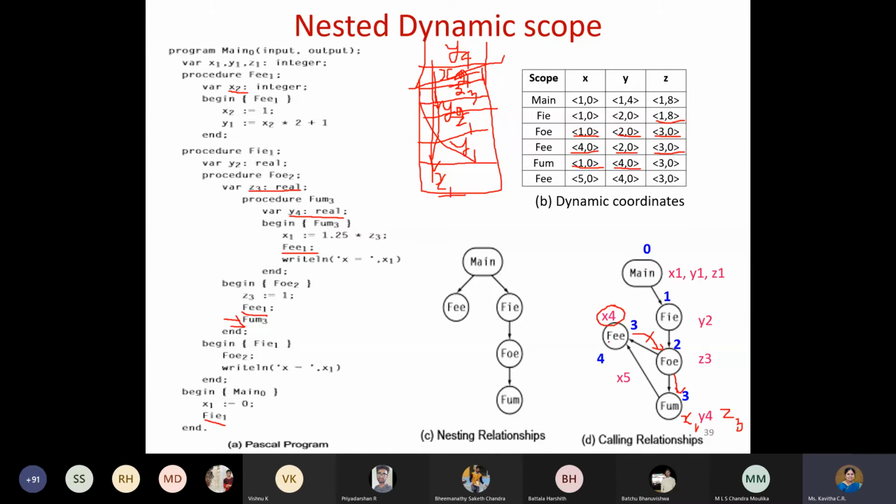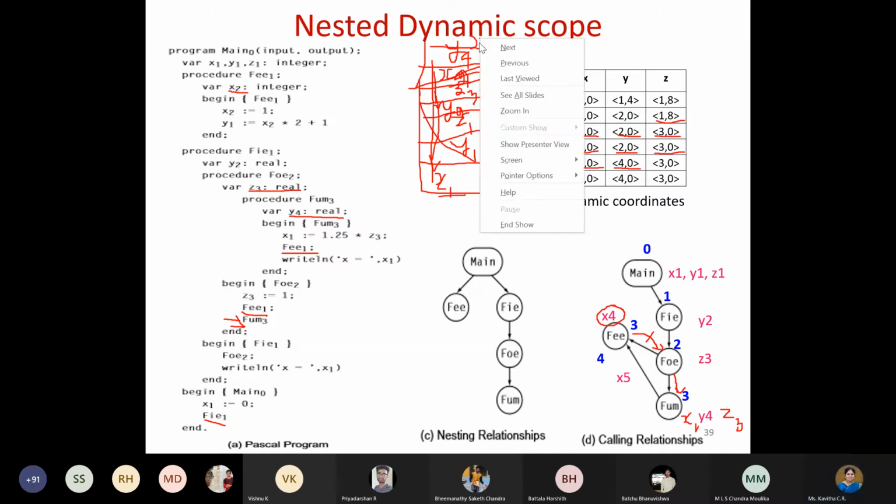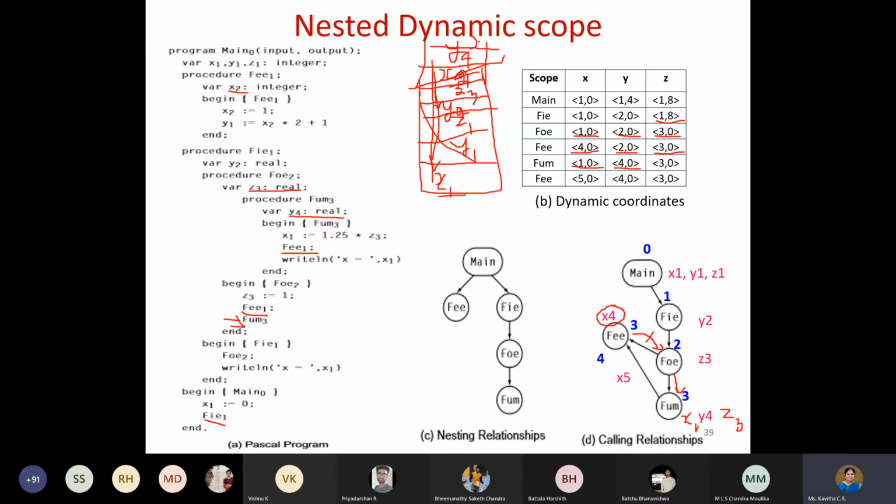It calls FEE, and it is at level 4, and inside FEE, whatever comes should be treated as level 5. So inside FEE, what is there? We have the X declaration. Instead of X2, I use X5. Now I push X5 onto the stack.